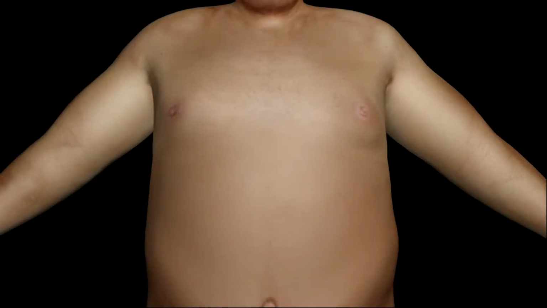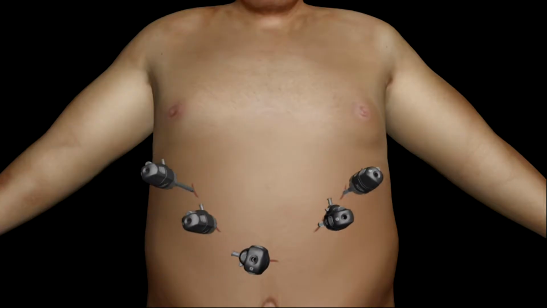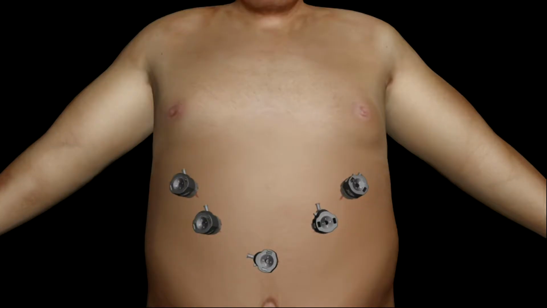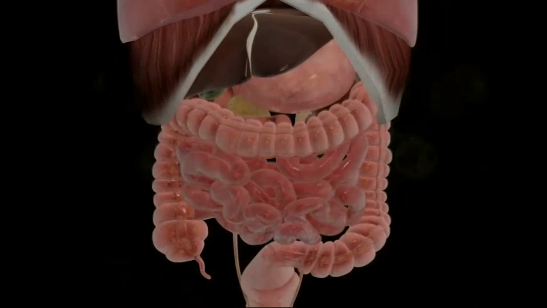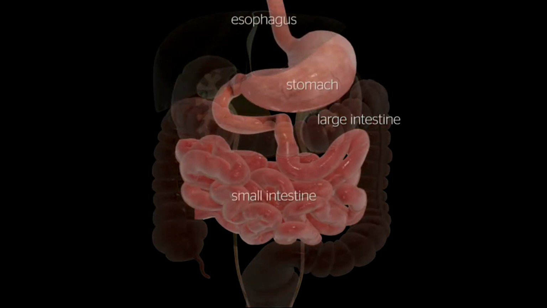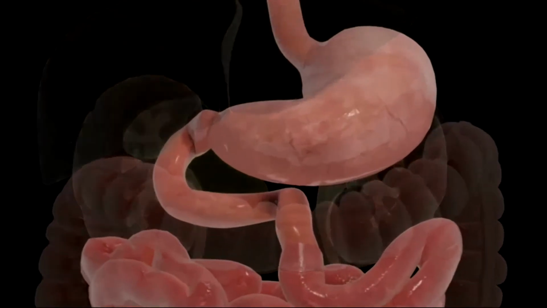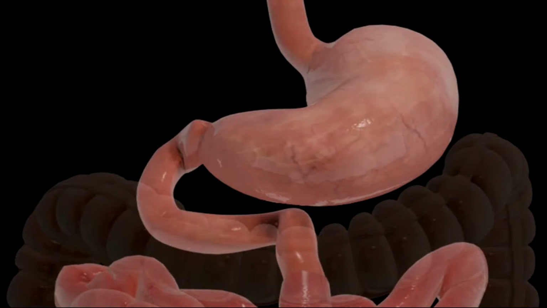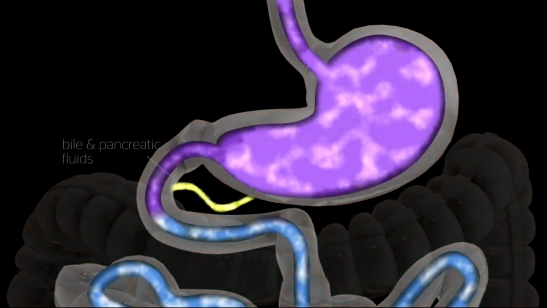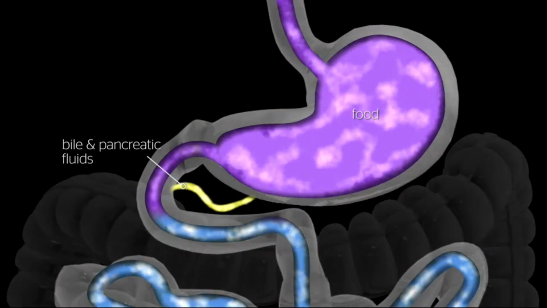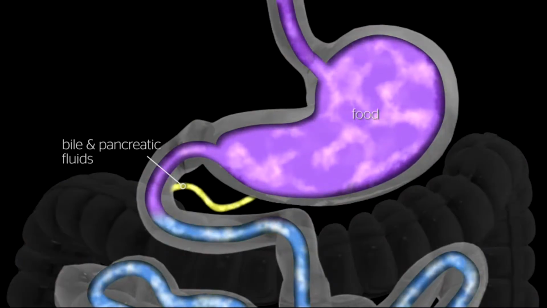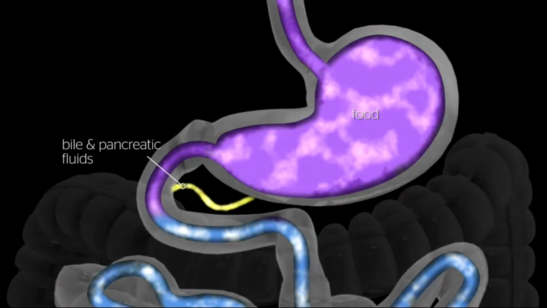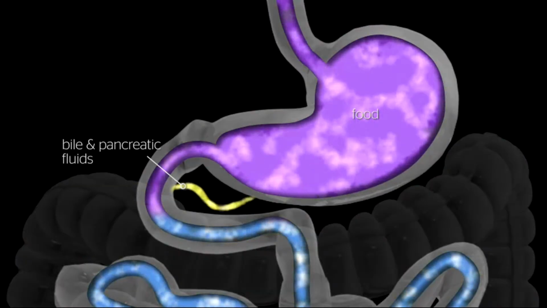To access the abdominal cavity, small incisions are created. Trocars are placed to serve as passageways for surgical instruments. The surgeon examines the abdomen using a laparoscope or video camera. The average human stomach can expand to hold around 1 to 1.5 liters of food. While in the stomach, food is combined with digestive enzymes. These help break the food down into a simpler form so that it can be digested more easily and absorbed in the small bowel.